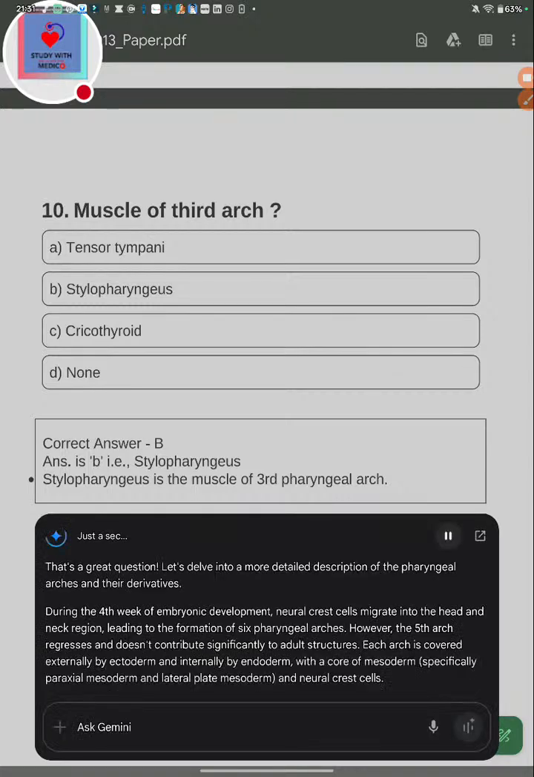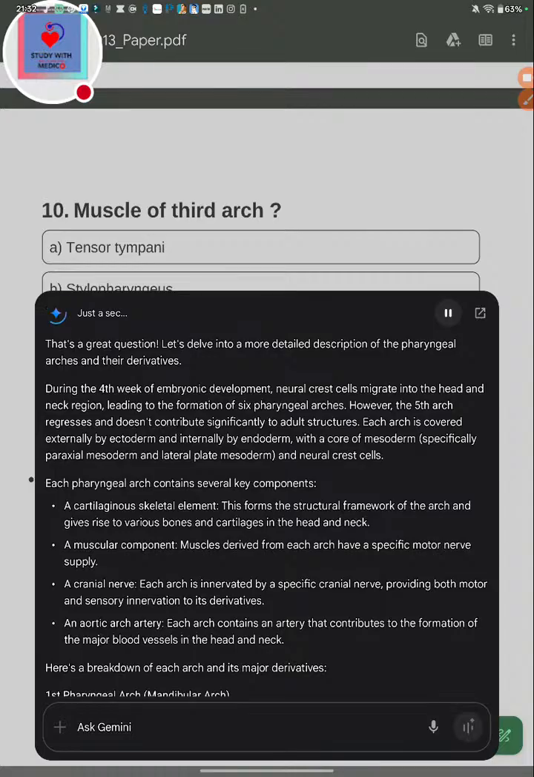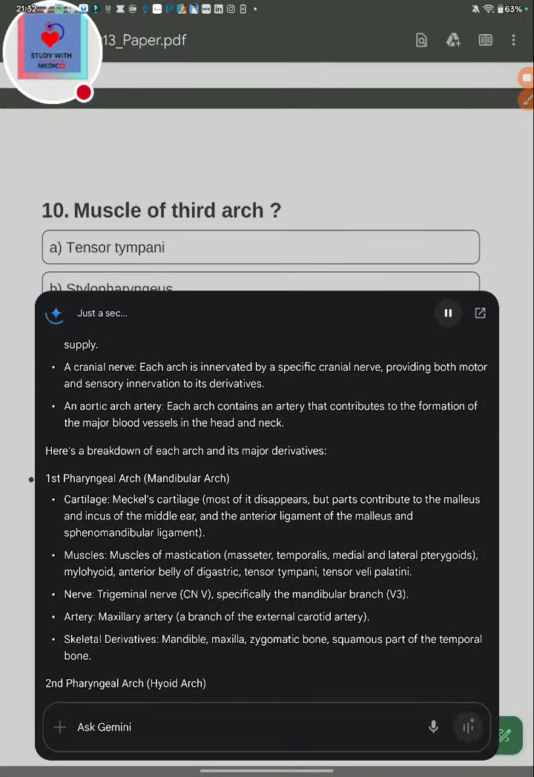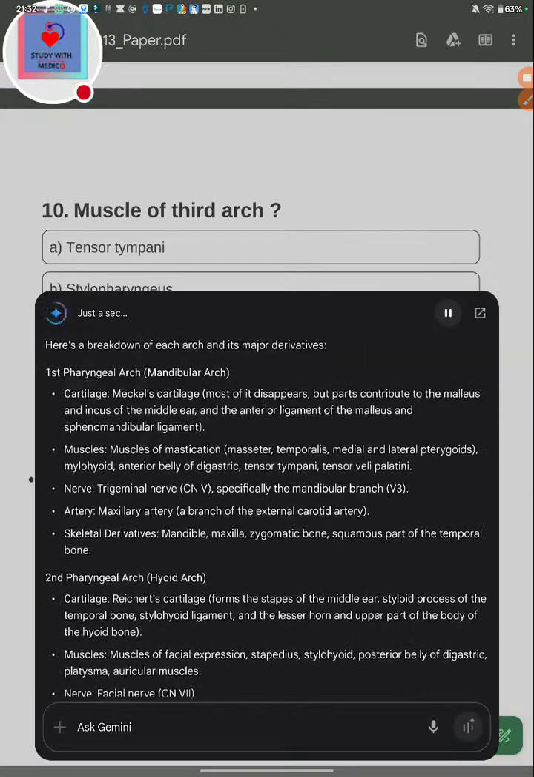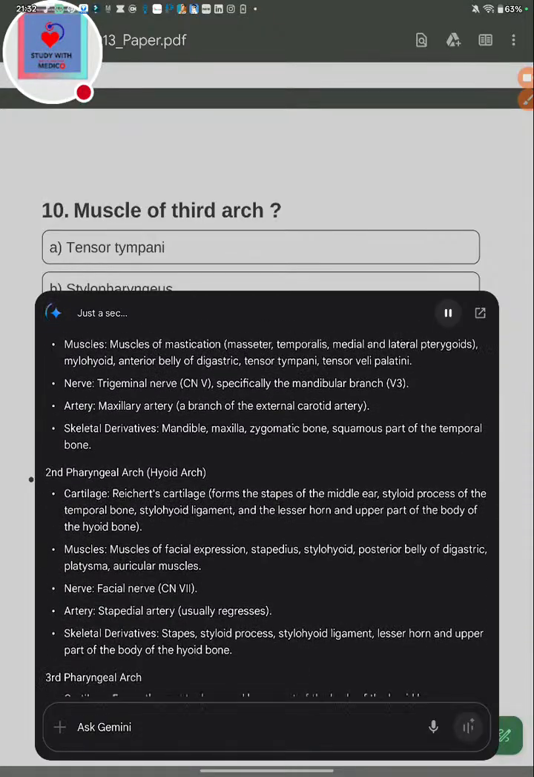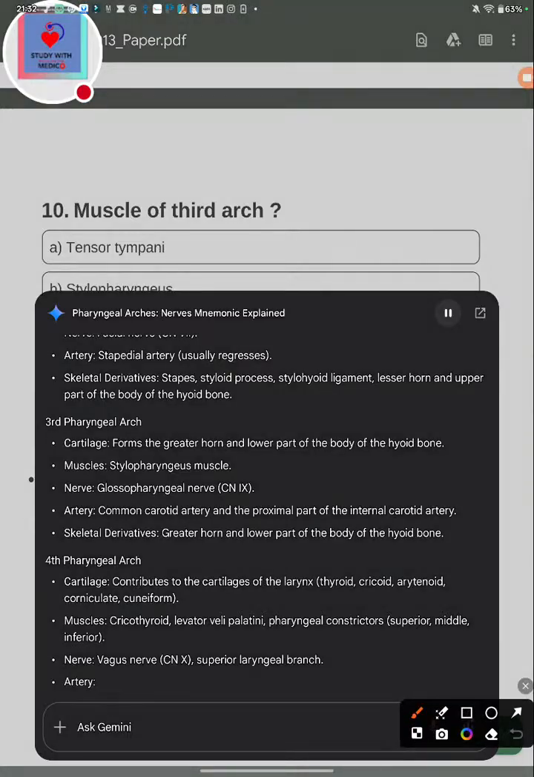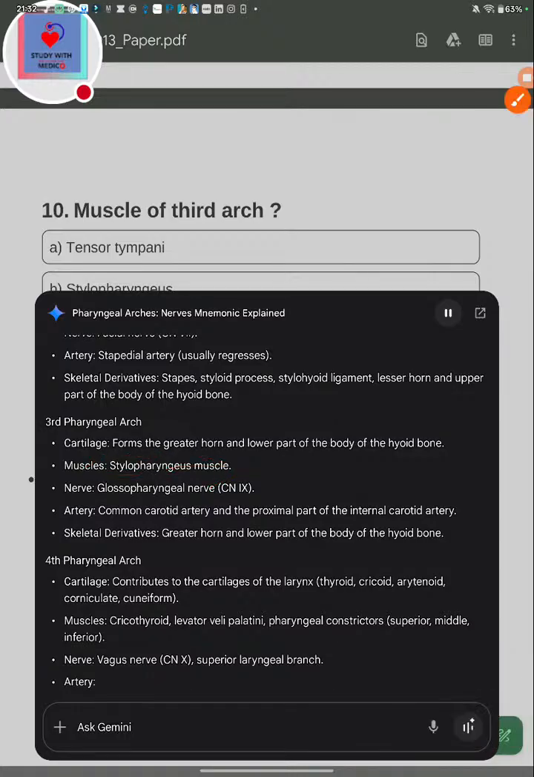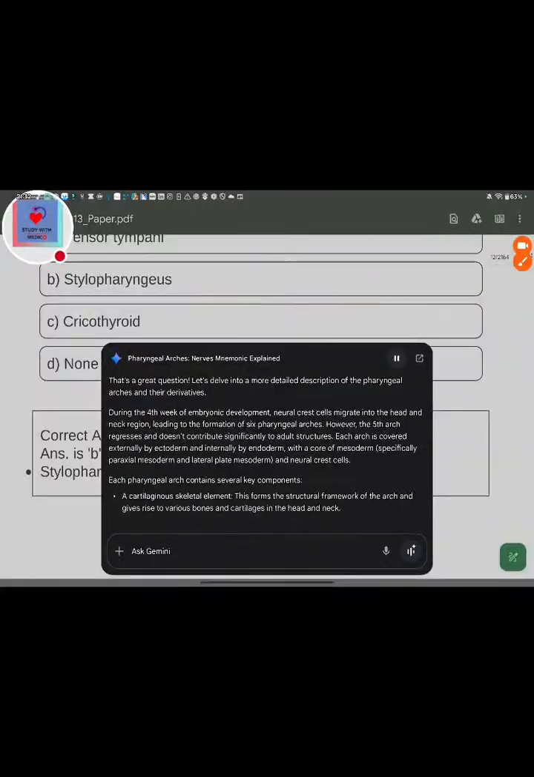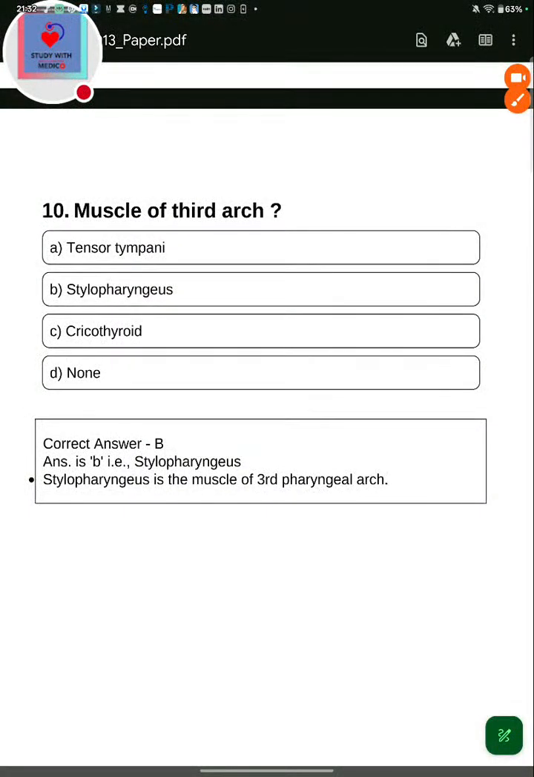That's a great question. Let's delve into a more detailed description of the pharyngeal arches and their derivatives. During the 4th week of embryonic development, neural crest cells migrate into the head and neck region, leading to the formation of 6 pharyngeal arches. However, the 5th arch regresses and doesn't contribute significantly to adult structure. Each arch is covered externally by ectoderm and internally by endoderm, with a core of mesoderm, specifically paraxial mesoderm and lateral plate mesoderm, and neural crest cells. We'll discuss this tomorrow. Each pharyngeal arch